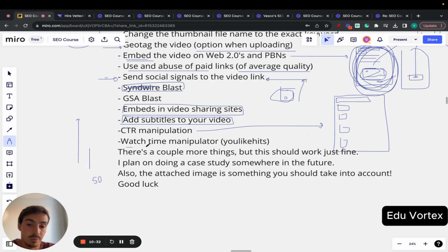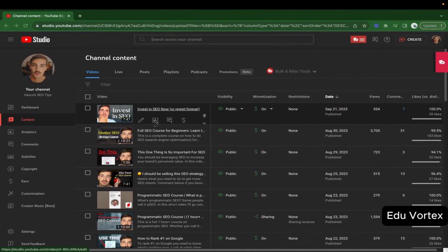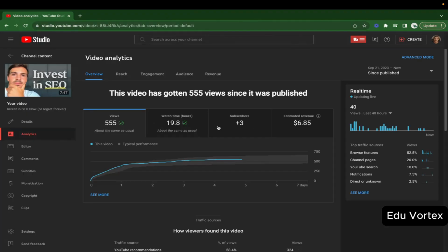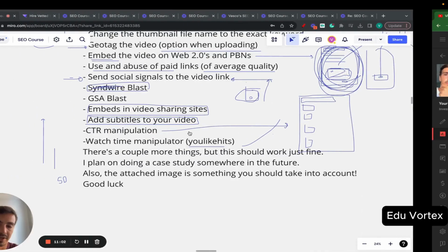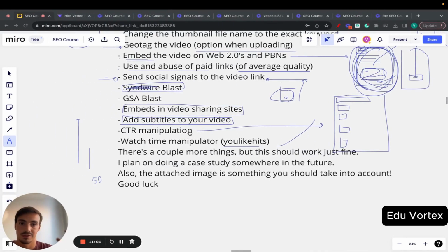So you can manipulate the watch time with a website called You Like Hits, where you can buy credits and post your video, and you'll pay people cents. It's quite affordable for them to go out, click, and watch your video for 10, 20, 50 minutes, or 1 hour, depending on how many credits you pay them. They'll watch your video and increase its watch time. So in the back end, if you go to a video and click on the average watch time, this number will increase. You want to increase this number, because it means for YouTube that this video is popular because it's being watched a lot, so we might as well promote it to more people.